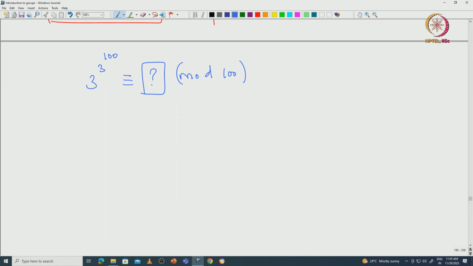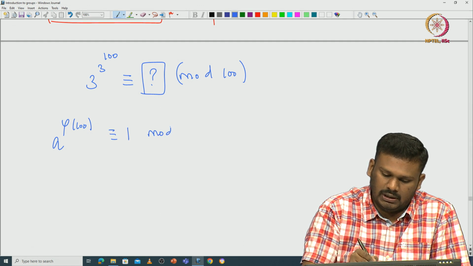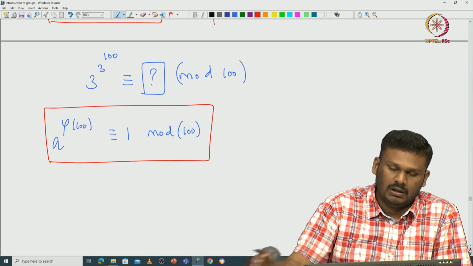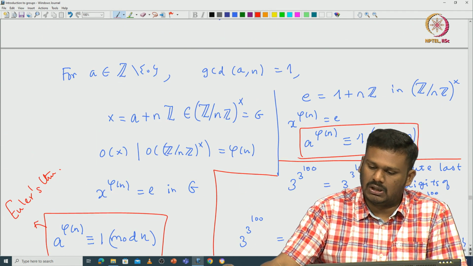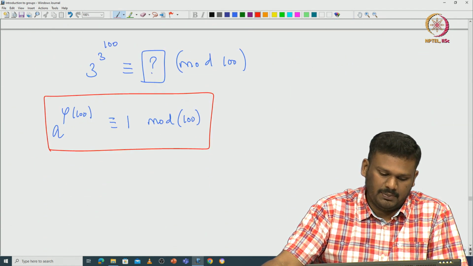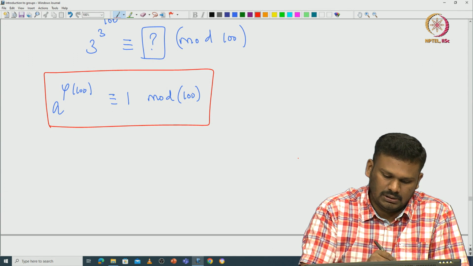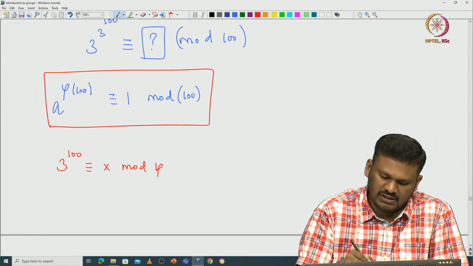That is the question. But note that Euler's theorem says a power phi of 100 is congruent to 1 modulo 100. So if you go back to the thing, you can see that a power phi n is congruent to 1 modulo n. In particular, a power phi of 100 is congruent to 1 modulo 100. So if I compute this 3 power 100, if it is congruent to some x modulo, let us say, this phi of 100,